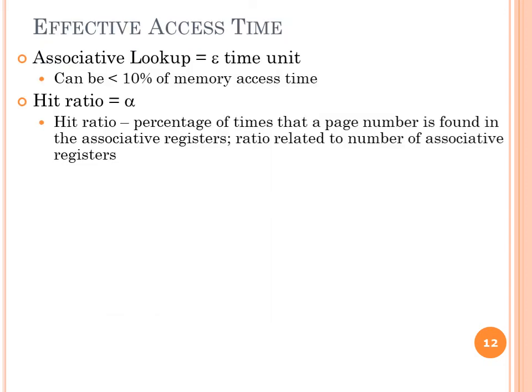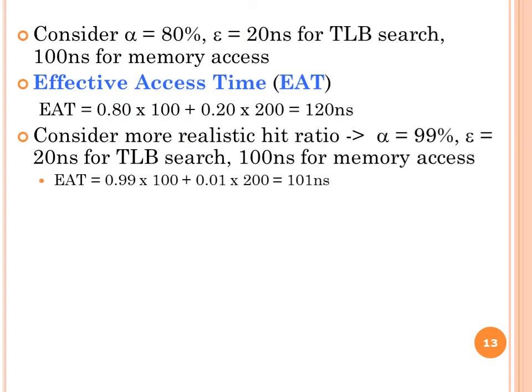Here we calculate the effective access time for the paging technique. It includes the associative lookup epsilon time units, which is normally less than 10% of the memory access time, and a hit ratio alpha. The hit ratio represents the percentage of times that a page number is found in the associative register. This can be clearly explained with an example here. Alpha equal to 80%, epsilon equal to 20 nanoseconds for TLB search, and 100 nanoseconds for memory access. Then the effective access time EAT can be calculated as